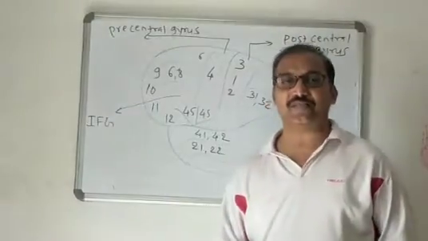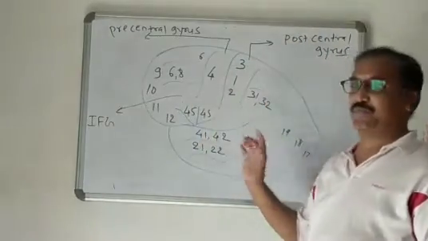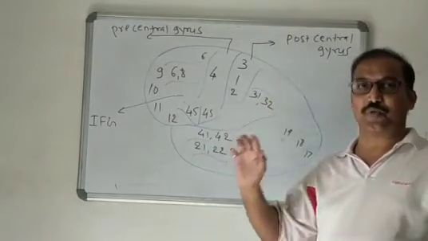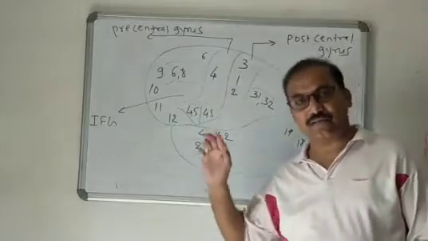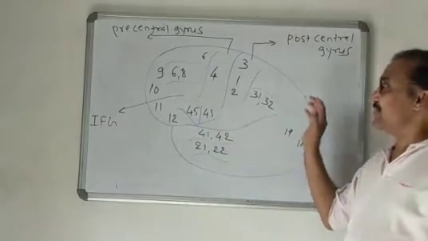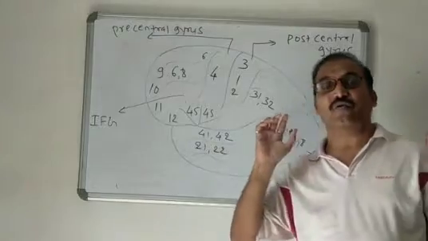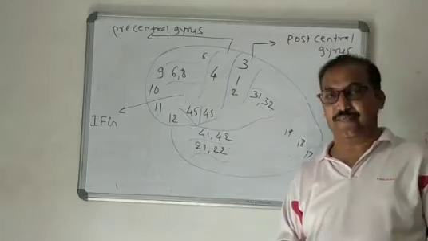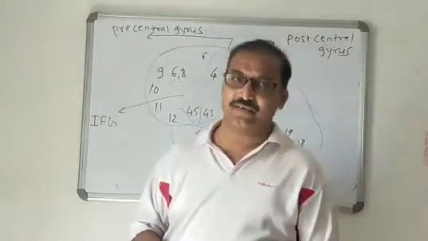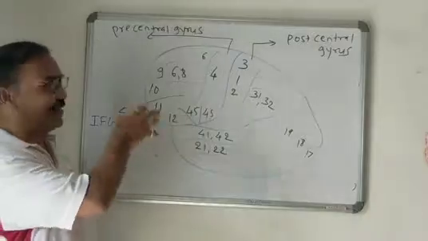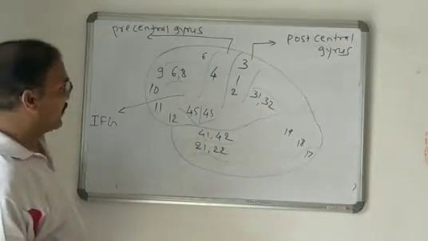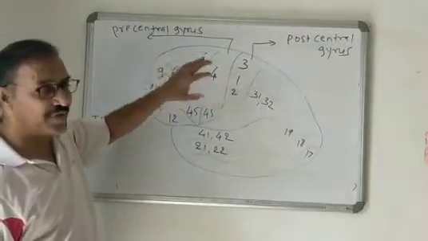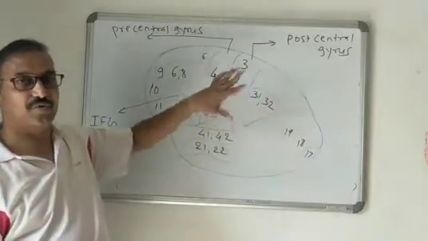Now we discuss the areas present over the superior lateral surface of the cerebrum. Previously we discussed the sulci as well as gyri over the superior lateral surface. I told you that the gyri consist of various functional areas. You know that we have 48 areas over the sulci as well as gyri, mainly the gyri. Now these areas are divided into the superior lateral and medial surface of the cerebral hemisphere. From the exam point of view, the superior lateral surface is important. So here we discuss the areas present over the superior lateral surface of the cerebrum.